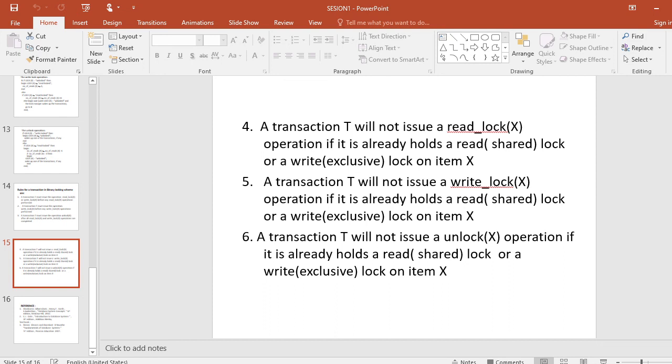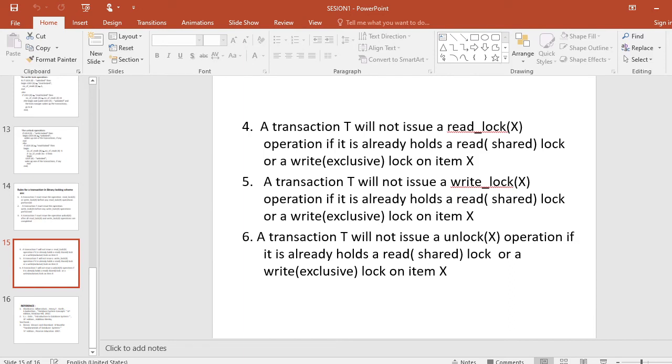Then types of binary locks, shared exclusive lock, then each binary lock individually, locked 1, unlocked 0, then binary lock operations: lock item, unlock item, then the algorithm for operation of lock item and unlock item. Then implementation of binary lock also, with 4 rules for implementation of binary lock, which can be easily understood.